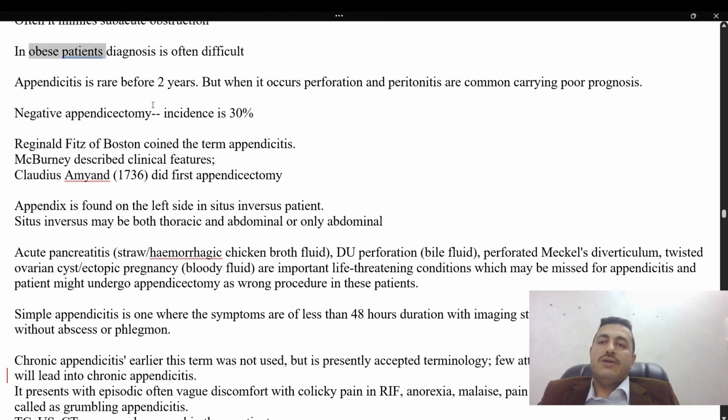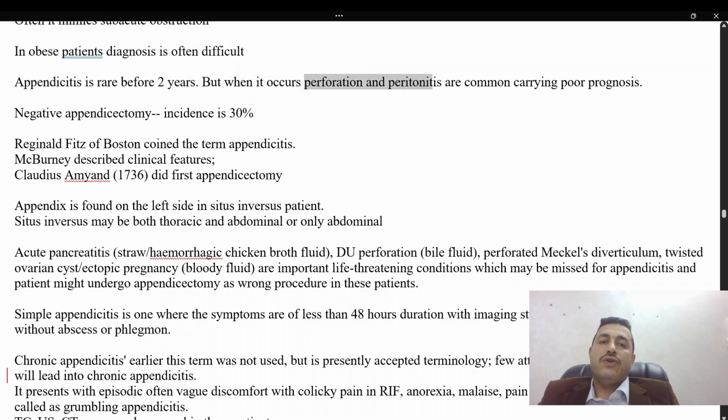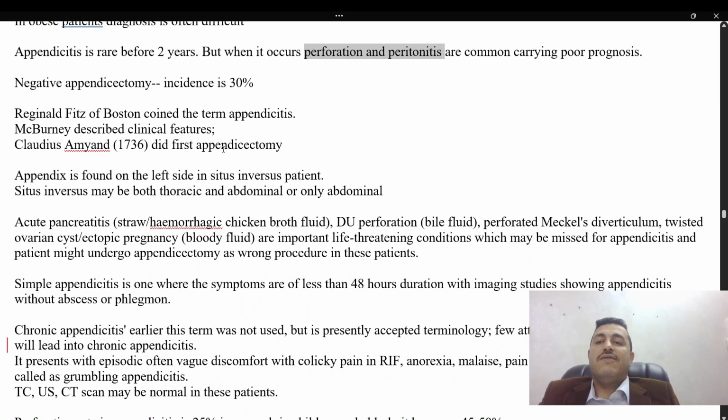Surgery in obese patient, and even diagnosis is difficult. It's rare before age of 2, but if it is present before age of 2, so perforation and peritonitis is higher than the classic age group, and so early appendectomy is advised in these patients. Negative appendectomy rate, it's about 20-30%, depends on which institute, which country you are